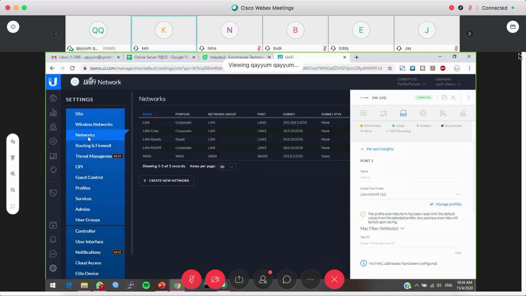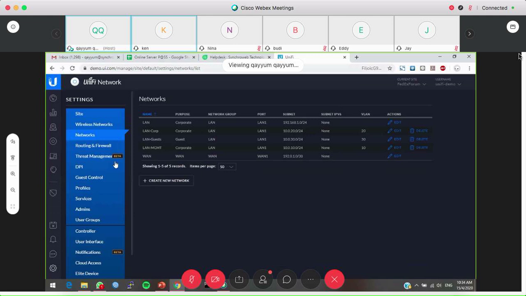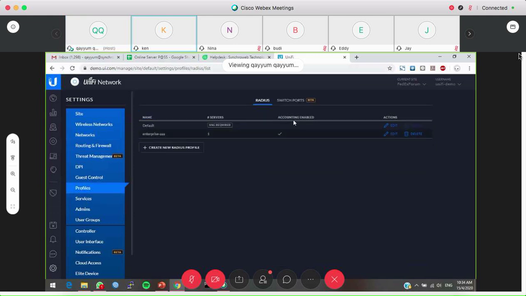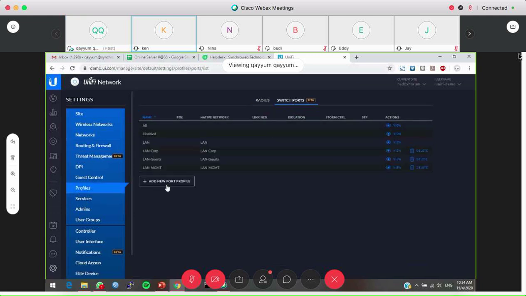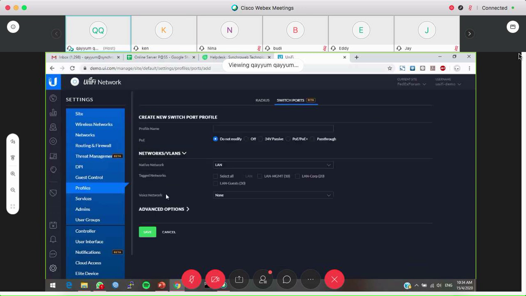You go to network, you go to profile, you go to port, and then you add a new port profile. For example, you want port number 2, you want to untag VLAN 10, but you carry VLAN 20 and 30. So you change the native network to create one group. For example, this one for port 2,